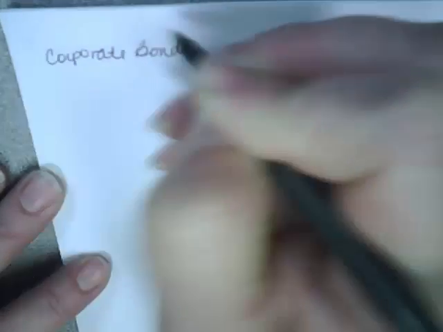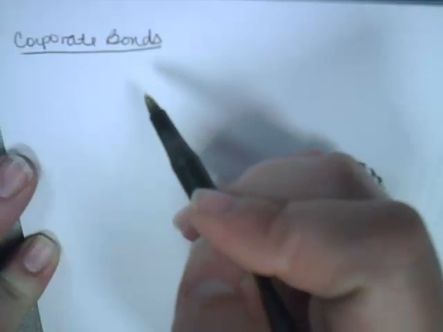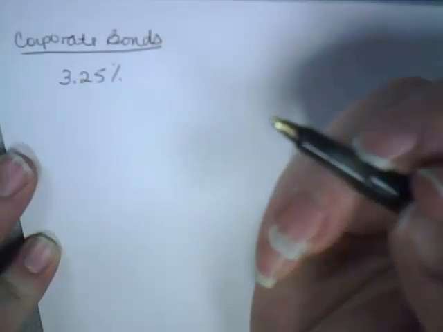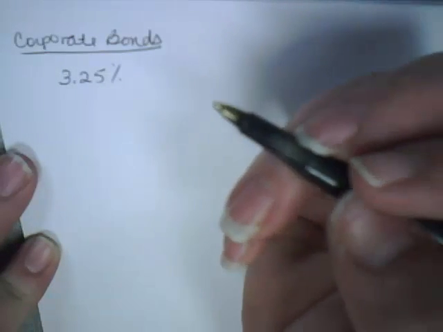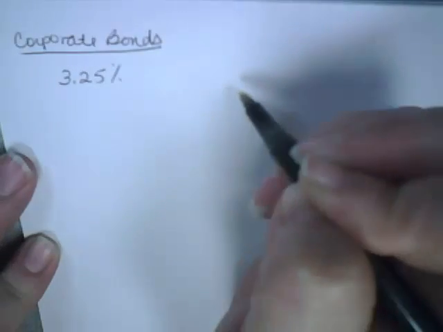So the first thing we're going to look at is I'm going to move the paper over so I'm working it from the edge here. The first thing we're going to look at are the corporate bonds. And I'm trying to use dark enough ink so that you can see it on the video without too much trouble. So with the corporate bonds, it's paying 3.25% a year. So if we know that these are paying out semi-annually, then we know that each 6 months you're going to get half the